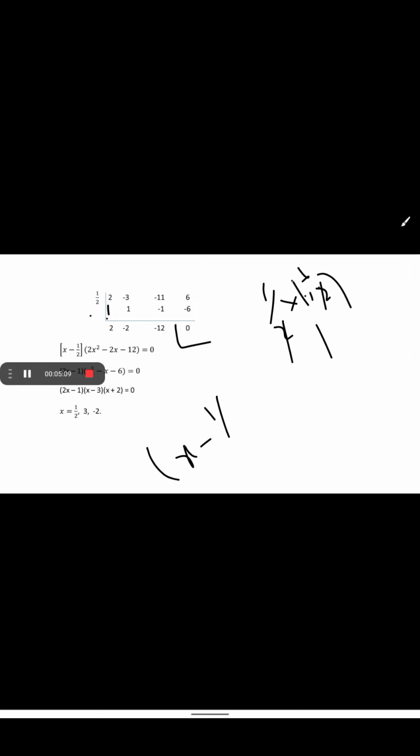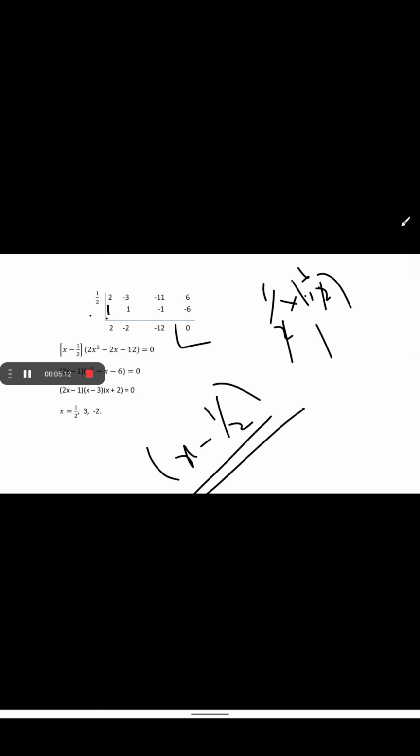Okay, first we try 1 by 2. We write the coefficients of this polynomial. You write 2, then 2 into 1 by 2 is 1. 3 minus 1 is 2. 1 by 2 into 2 is 1. We put it here. If we add, we get minus 12. 1 by 2 into minus 12 is minus 6, and the remainder is 0, right? We get the answer. Here x minus 1 by 2